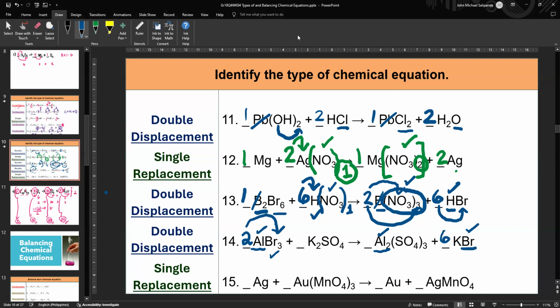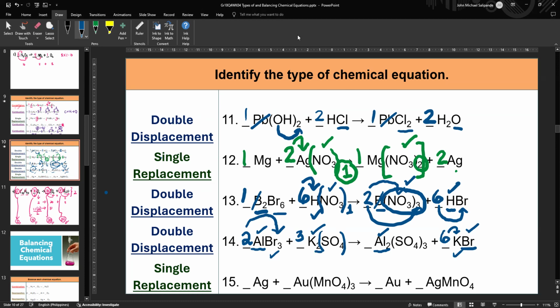Lastly, to balance K, because KBr now has a coefficient of 6, there will now be 6 potassium atoms. However, on the reactant side, there are only 2 potassium atoms. So for 2 to become 6, we have to multiply K2SO4 by 3. Balancing potassium. And lastly, because of the coefficient 3 in K2SO4, you now have 3 groups of the sulfate